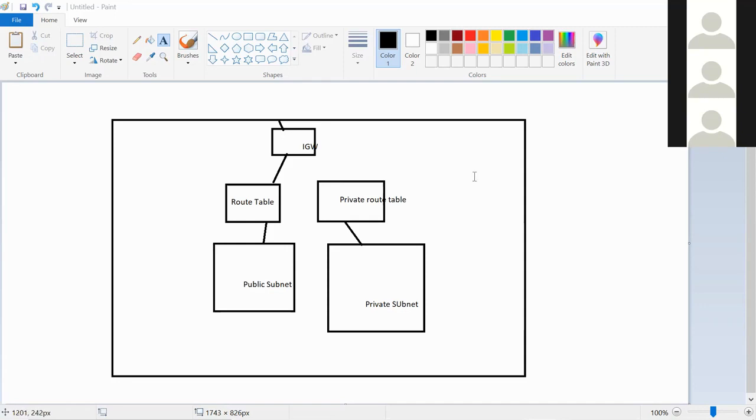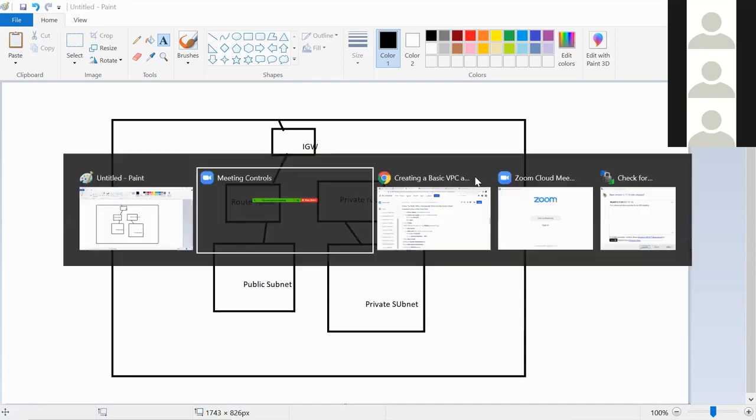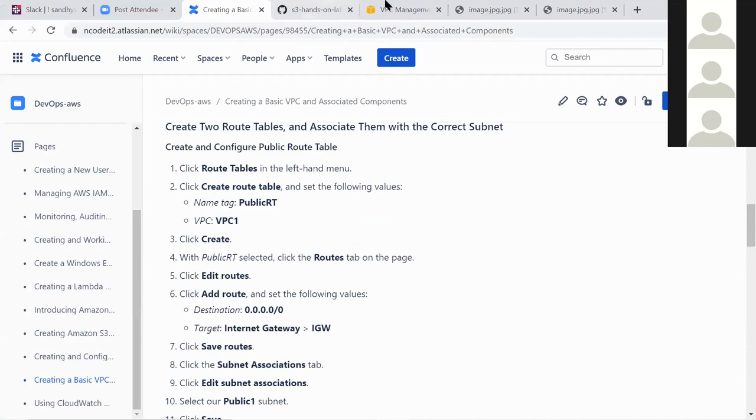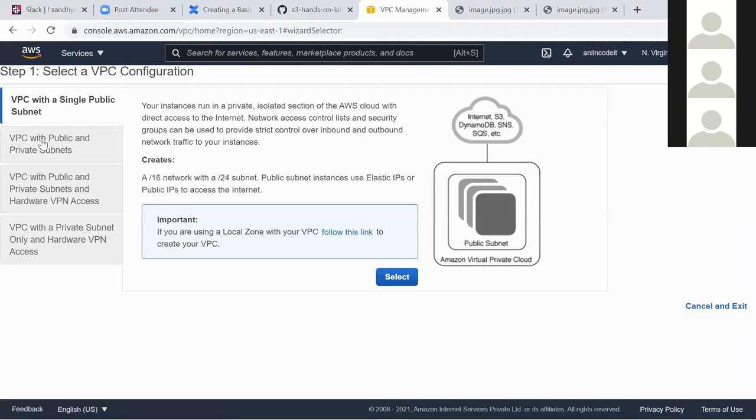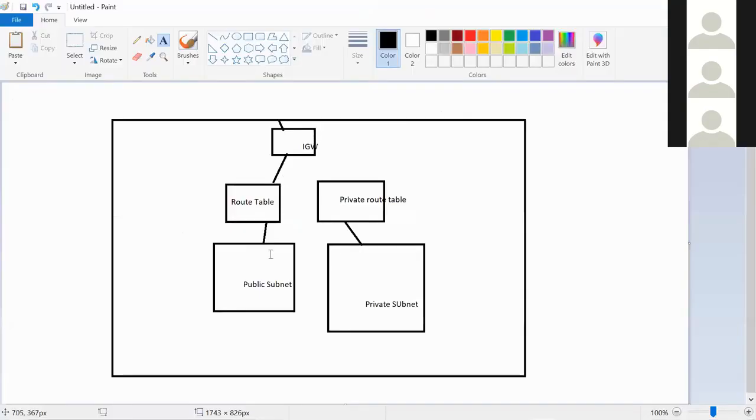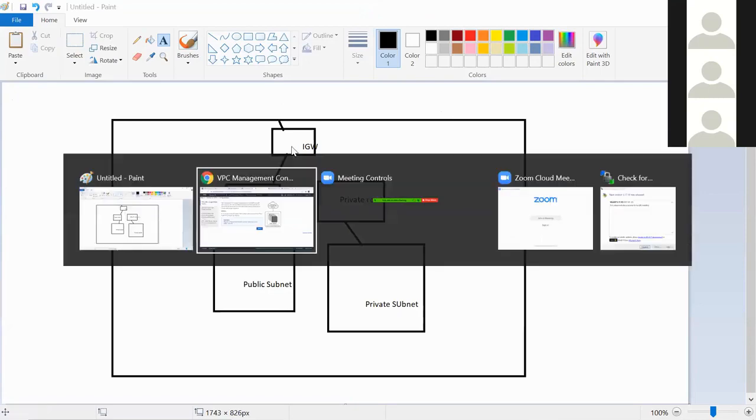And coming to the VPC section, I will give you one more brief description so that it will be clear for you in the interviews also. There will be 4 types of VPCs. The first type is only with a single public subnet. I mean there will be only this part, the public route table and public subnet, in the sense only one route table with an internet gateway attached. And the next one is